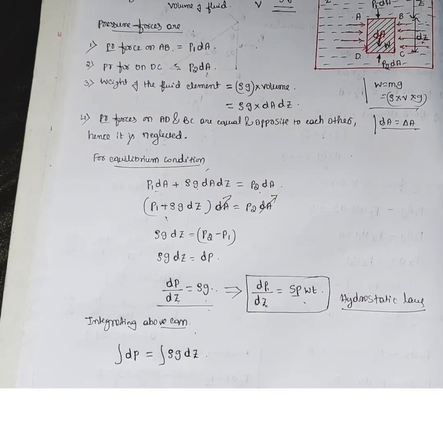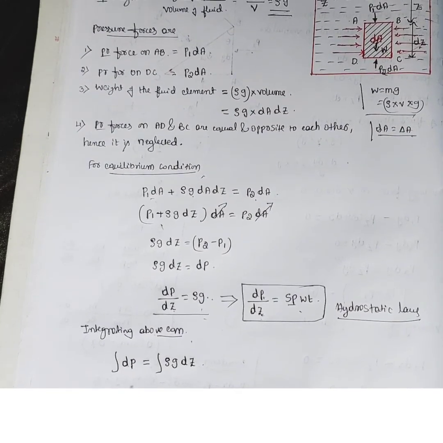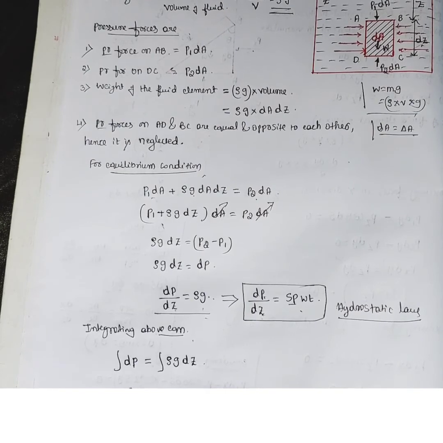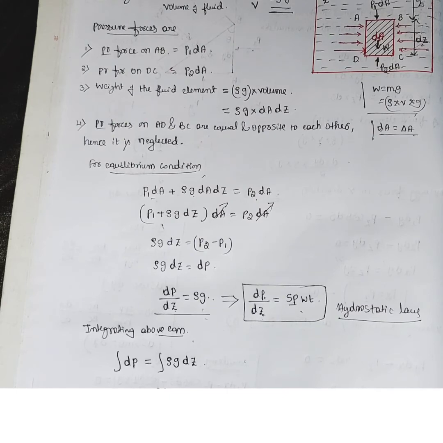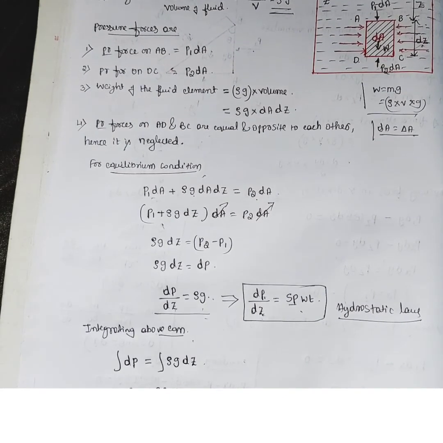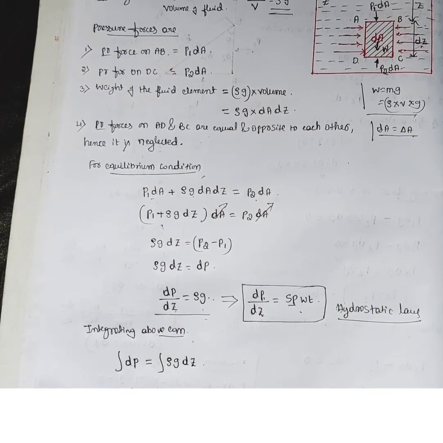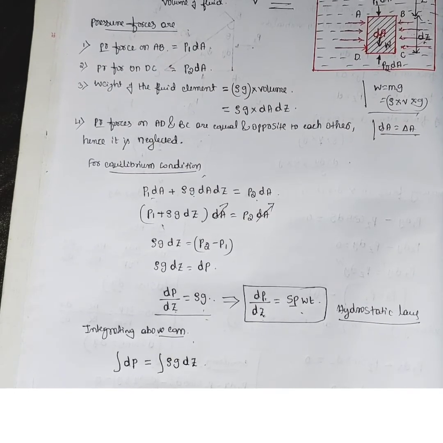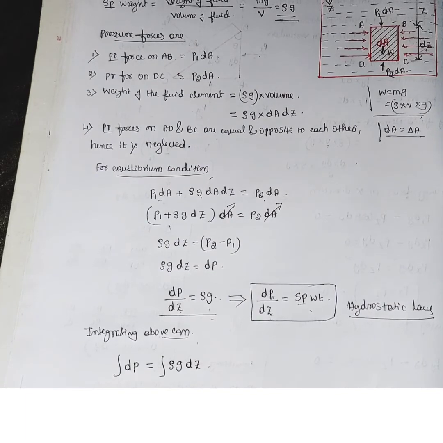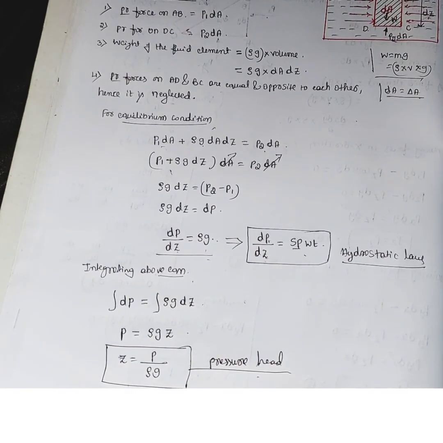So we know that integral is the opposite of a differential term, hence a differential term and integration are going to cancel. Or we can have an integration for this one also. It is P is equal to rho g z plus a constant. Integration of dz is nothing but 1 into z, that is z. So from this we can derive z is equal to P by rho g. This expression is called pressure head. This pressure head is nothing but the vertical distance measured for a pressure which is acting.